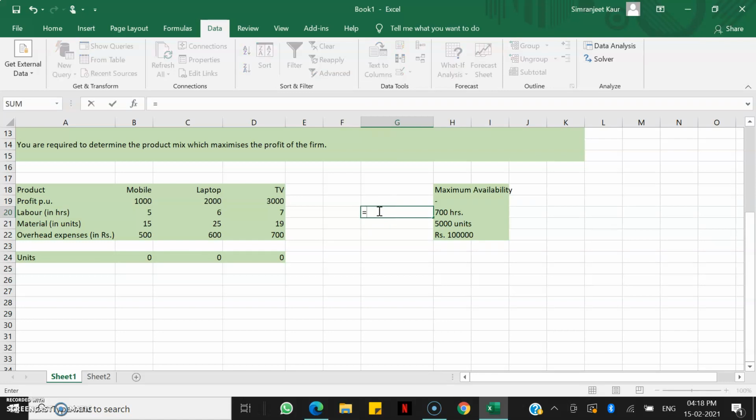So either we can multiply one on one, all the figures, or we can use a formula of sum product. So first I'll do it manually for you, then I'll tell you how to use the formula of sum product.